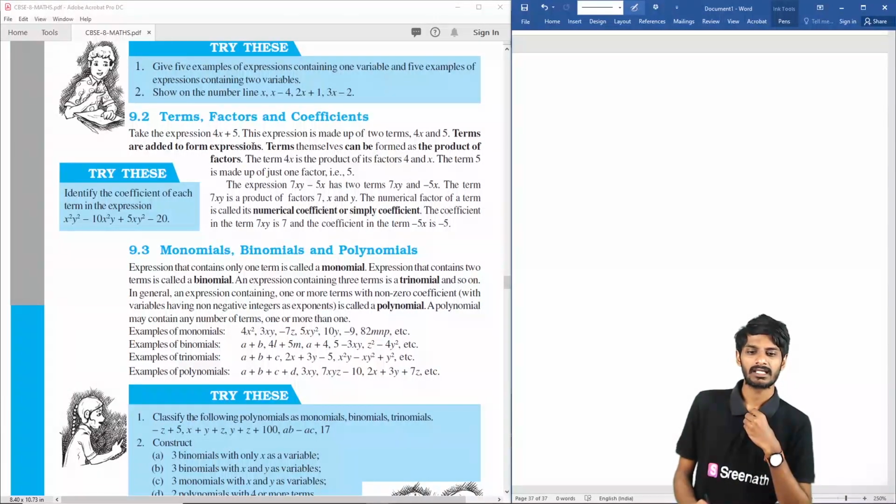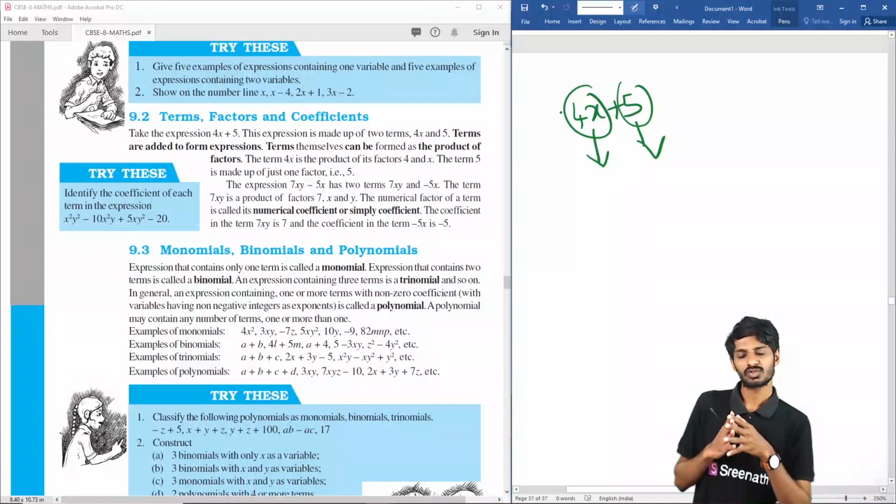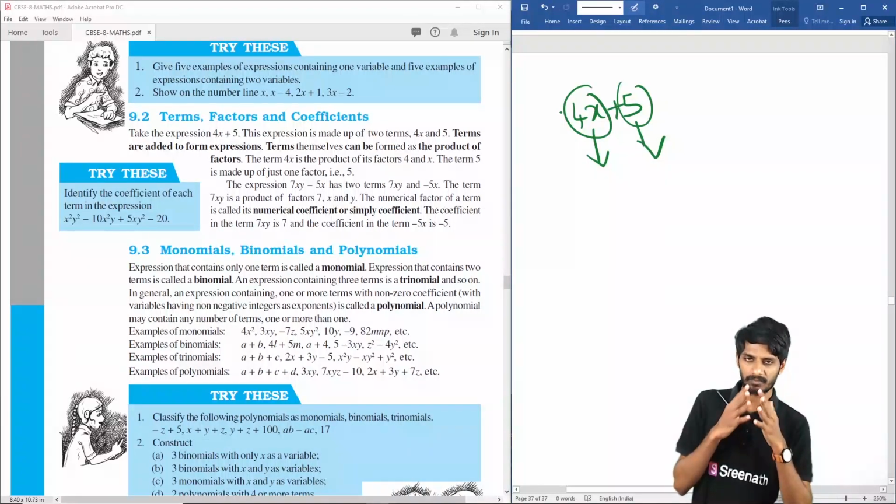So we are taking an expression 4x plus 5. Okay, it is an expression, and 4x is a term and 5 is also a term. These are the two terms. Here both terms are added so that we get an expression. Okay students, so now